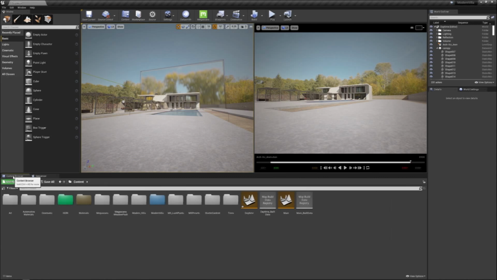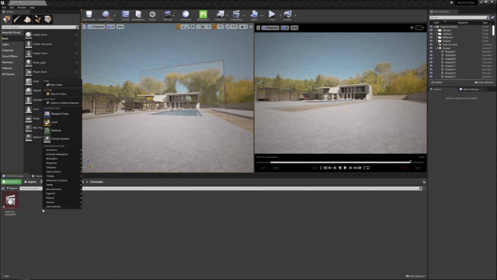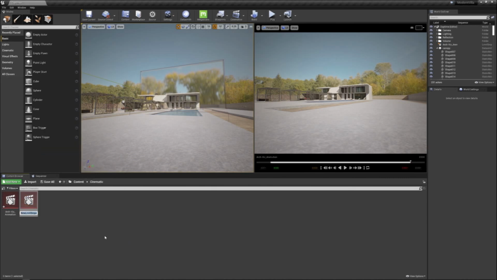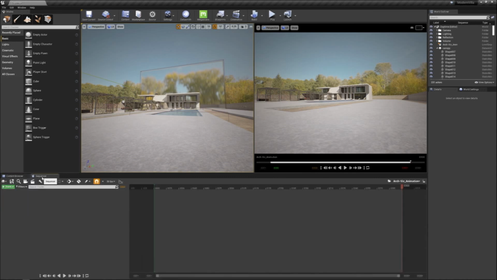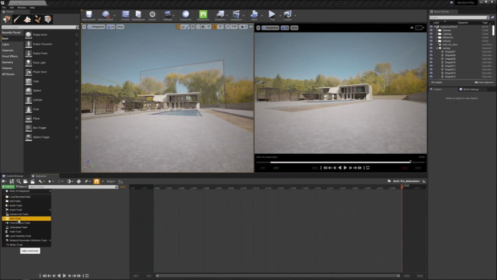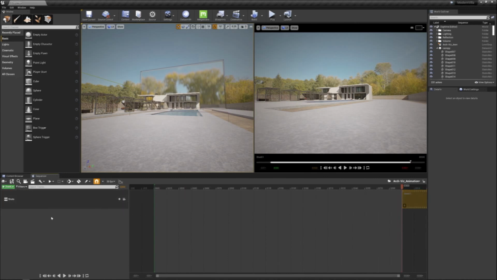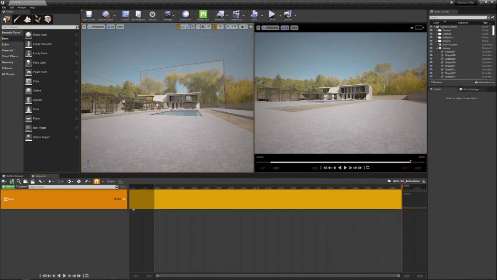So let's start, for example, by going to our cinematic, right clicking and going to animation, and let's create a level sequence and name this shot 01. Then when I go back to the sequencer, I'm going to press on the track and add shot track. As you can see, it showed me a plus sign where I can add the shot, and here I have my Arch Viz Animation, but this is the master, so I will add only the shot. So now I have one shot added to the master